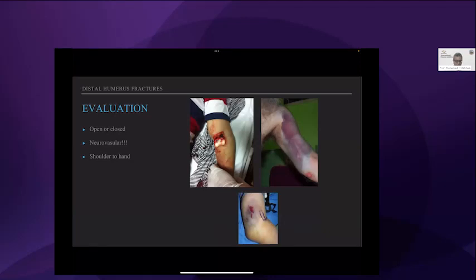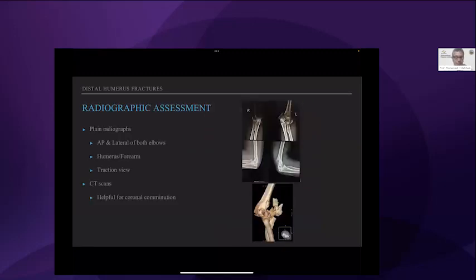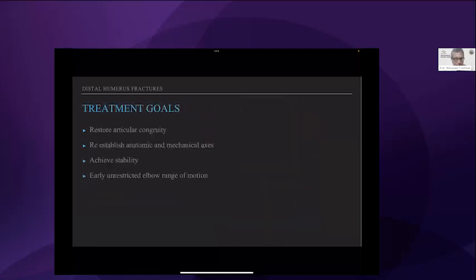Before going for surgery of the elbow, you have to thoroughly evaluate whether the fracture is open or closed, and whether the adjacent neurovascular structures are involved or not. Next. Our treatment goals are getting articular congruity,